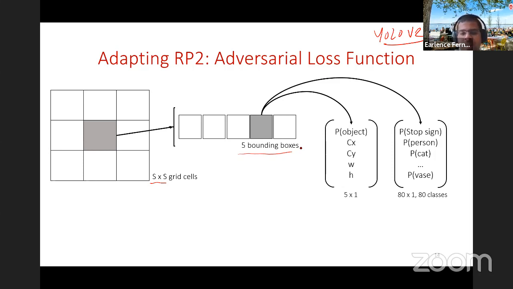And each bounding box is technically these two vectors here. One is an objectness vector, which simply says what is the probability that there is an object in this grid cell, and of course where it is: center, and of course width and height. And then there's a full probability distribution that says what this object might be. So if you put all of this together, the output of the YOLO model is actually a 19 by 19 by 425 tensor.